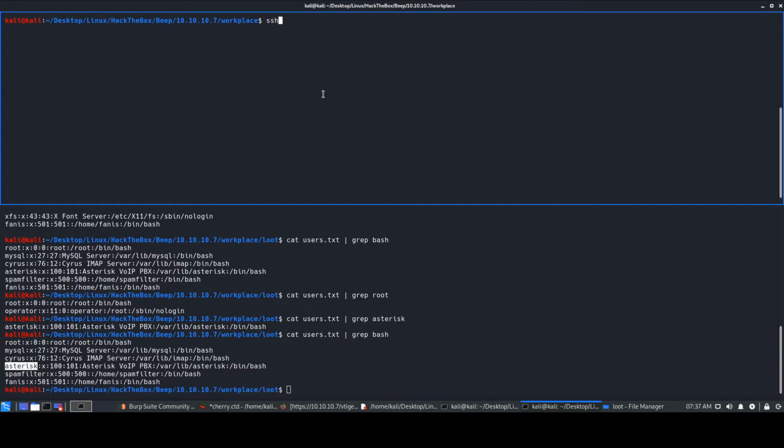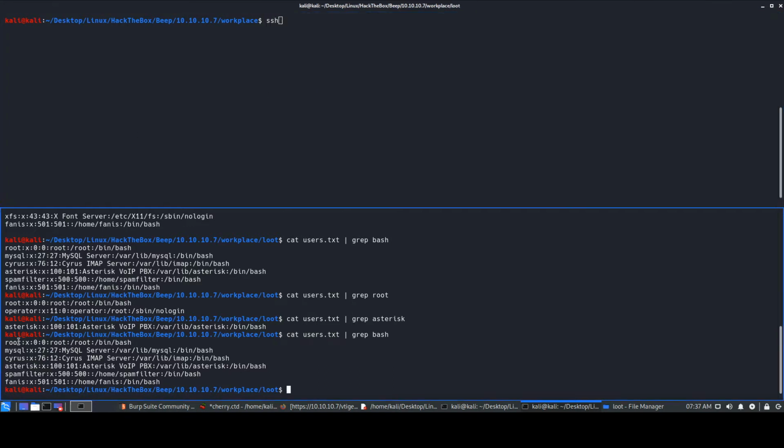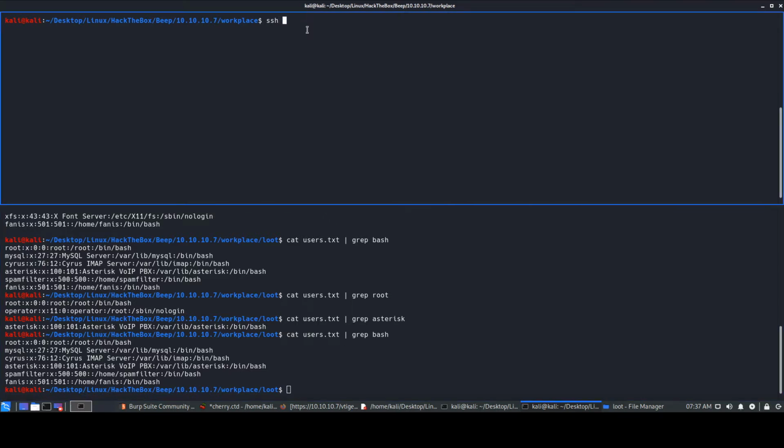So what we'll do is we'll go in ascending order. We'll check for root, MySQL, and everything, and we'll see whom this password belongs to. If the password does not belong to anybody else, obviously you have to look at some other place, right? But whenever you get a password, try and log in to multiple things. If you don't get SSH successful, you can go to the web application and try different things over there. That's how the whole idea flows. But first thing, we got the password, so try to use it with this SSH. Let's just quickly go and check.